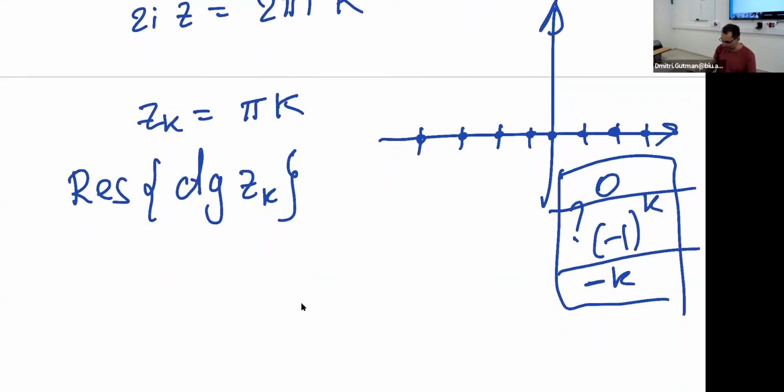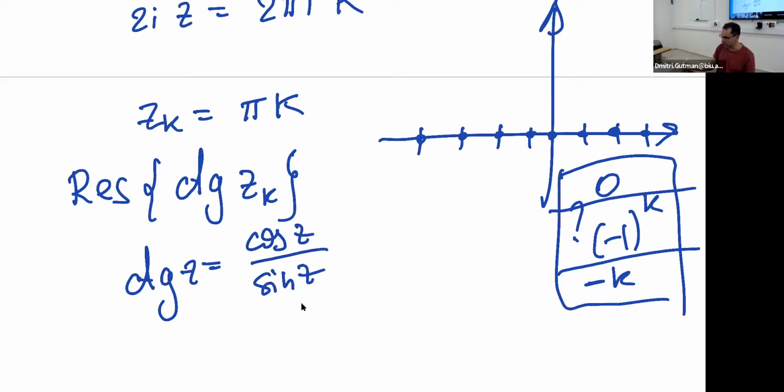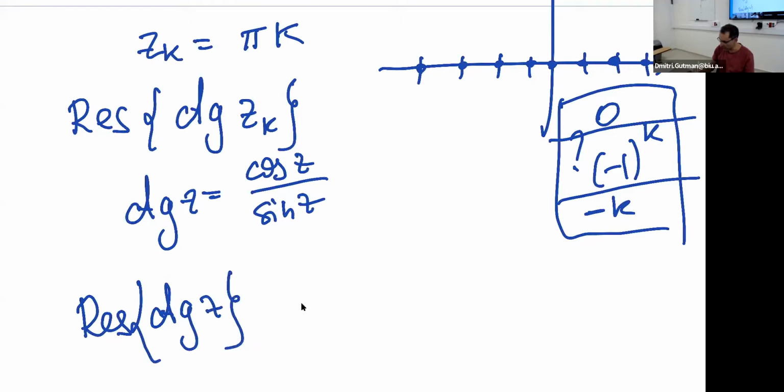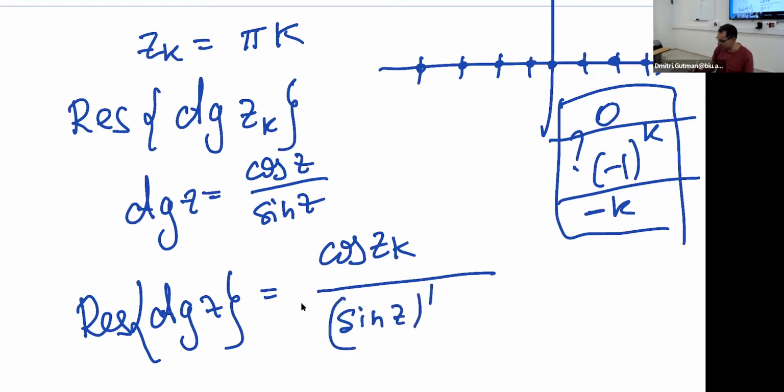So remember, we have the function cotangent z, and that was the function cosine divided by sine, and this function was chosen so that its poles are the first degree zeros of sine. So what it means, according to my logic, is that to find the residue of this function cotangent at the points z_k, I need to take the cosine at the point of the residue, and there put the derivative of sine z at the point z_k,